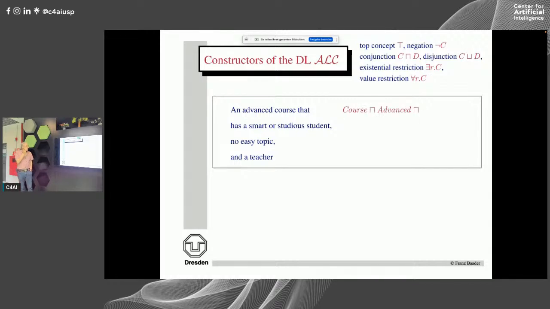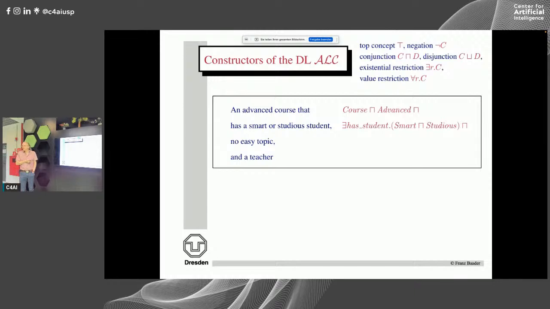I say this is a course. Now course is a concept, an atomic concept, that is advanced. Advanced is also an atomic concept. To say it has a student, I use a binary relation, a role has student, and say there is a student, and this student should be, well,